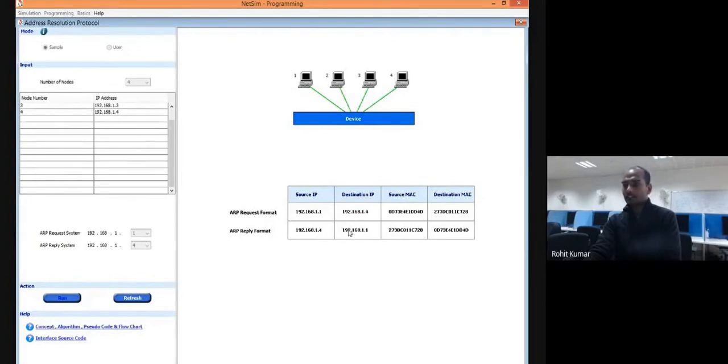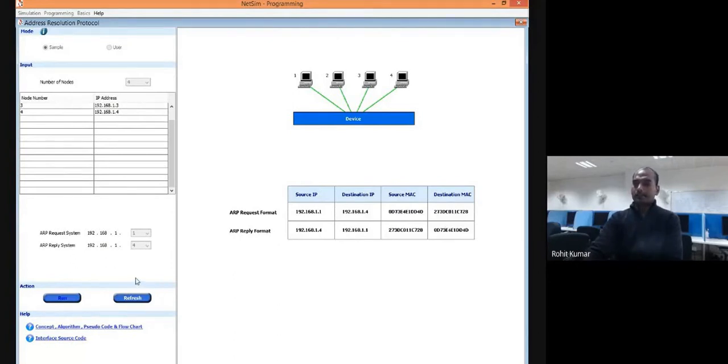So this time the destination device became 1.1 and the source device became 1.4. It sent its MAC address in the source MAC field, because the reply packet is coming from the destination to the source, and the destination MAC address became the source MAC address. So this MAC address got copied into the destination MAC field. I hope it is clear.